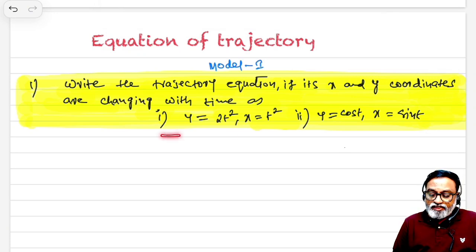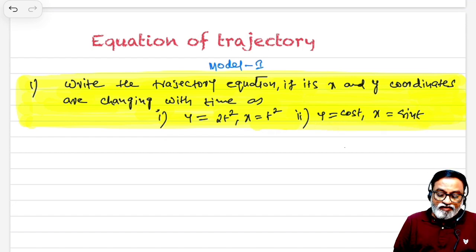Here are two problems. One is y is equal to t square, x is equal to t square. The second is y is equal to cos t, x is equal to sin t. See, first one,